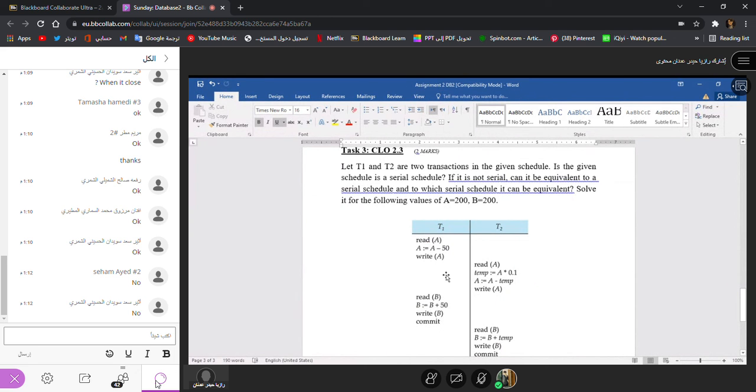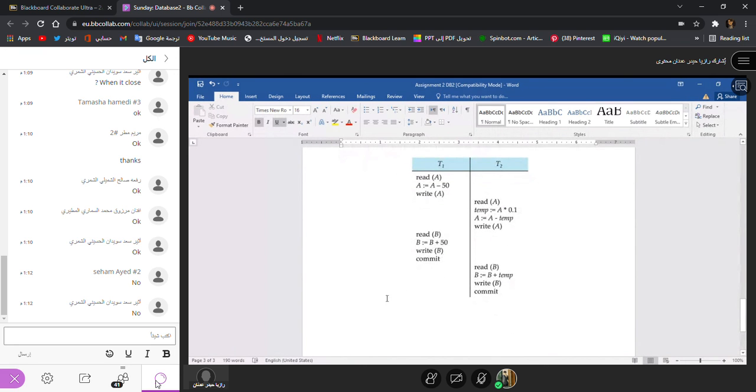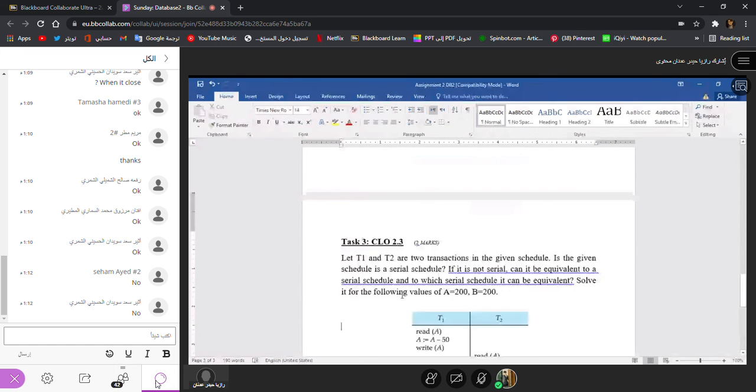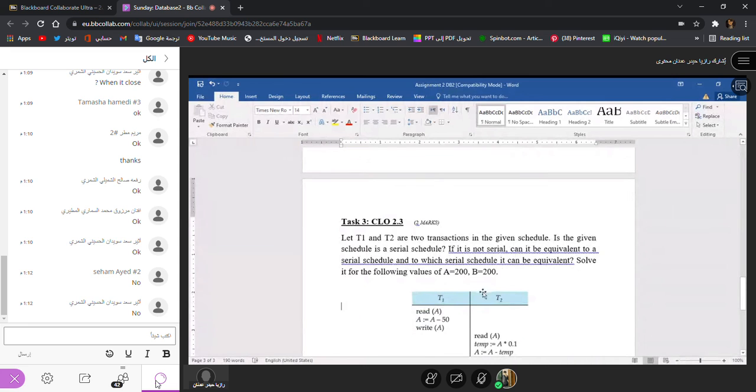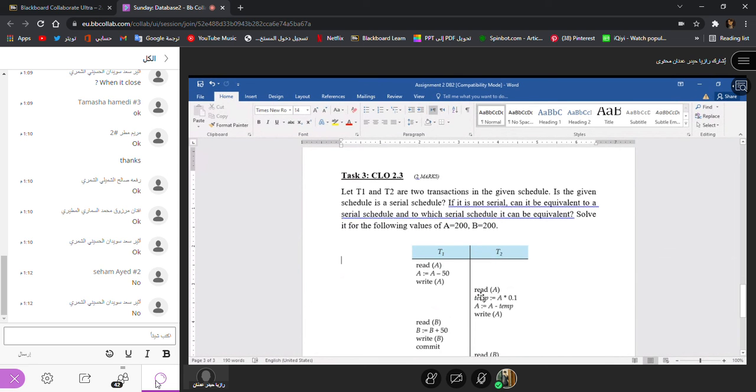And question 3 is about this schedule. First, you have to tell me if it is a serial schedule or a non-serial schedule. So you will write it is a serial schedule or it is not a serial schedule. And then if it is equivalent to a serial schedule, which serial schedule is it equal to? Go to your chapter 3 slides. There are 4 types of schedules, 1, 2, 3, and 4.